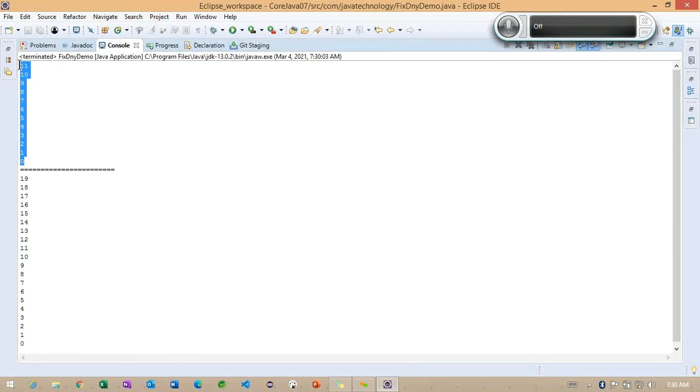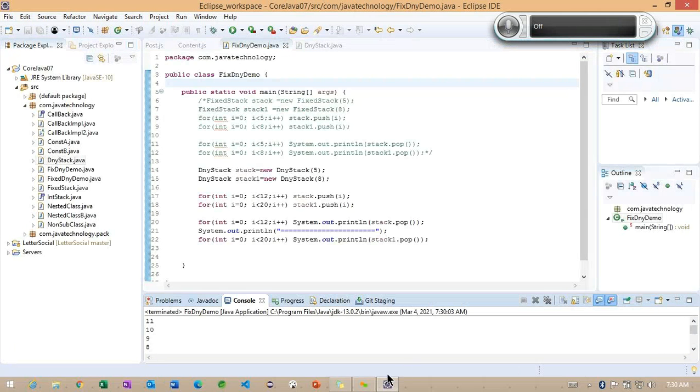Carefully observe, we inserted 0 to 11 into the first one, and in the second one you can see 0 to 19. But make sure, the array concept is, before initializing the value, we provide the size of the array. Right. Initially, what is the size we specified here? Something called 5.